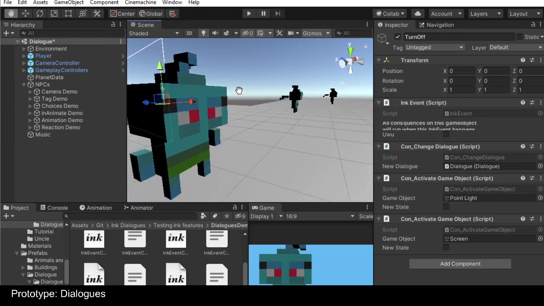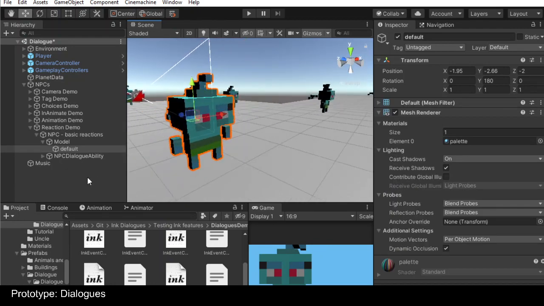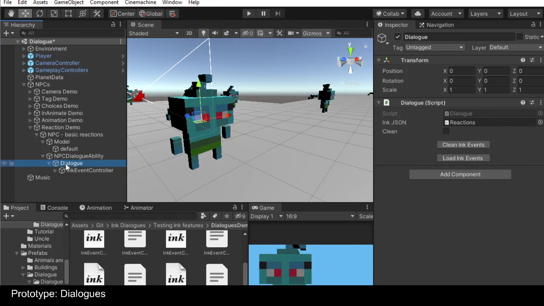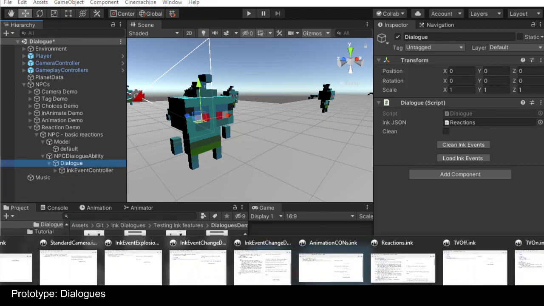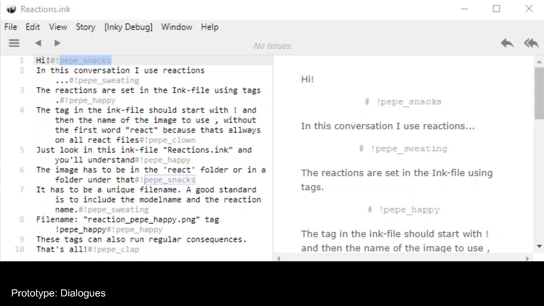So let's go into this person here. I think it's the reaction person. The dialogue here has, let me show you the dialogue again. So here we have Pepe Snacks. Starts with an exclamation mark. Pepe Sweating, Pepe Happy, Pepe Clown, Pepe Happy again. And so on. And in Unity,